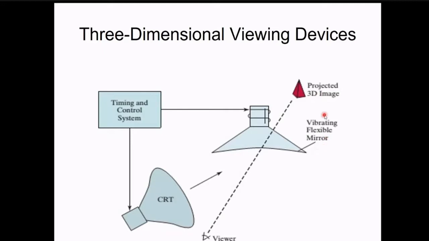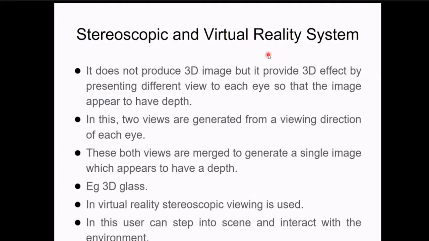It could be nearer to you, or it could be far from your direction, and you will be able to see the things based on this fundamental. This is nothing but the reflection that is coming out of the CRT monitor, and the projected image would be visible to you. So that is the basic fundamental of 3D devices. We won't be going into much detail because it is not relevant to us. Whenever we study the OpenGL library, at that time we'll try to create 3D objects.